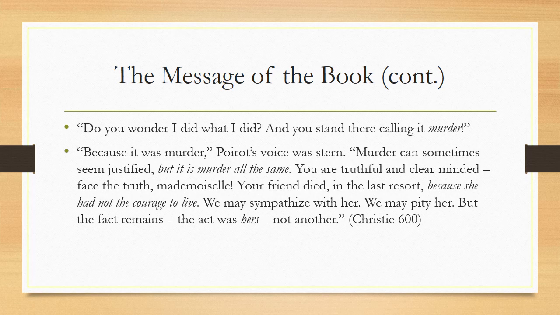So, what is Poirot saying here? Well, he's not denying that Major Eustace is a bad guy, and Japp has arrested him on all these other crimes. In the next paragraph, he says he'll spend a lot of time in jail. He's saying that's a punishment. But you're trying to punish him for something he did not do. You're trying to take another's action and ascribe it to him. And he also makes a comment about how her friend sort of gave up. She was in a difficult position.